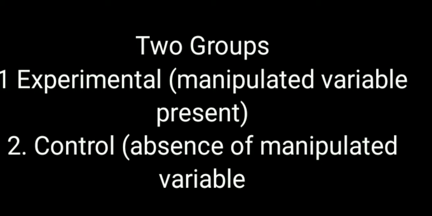An experimental group is a group where members receive treatment or are exposed to the independent variable manipulation, and the other group, that is the control group, is one where the manipulated variable is absent but the rest of the conditions are the same. Control group is a comparison group. Let's understand this with an example that is also given in your book.